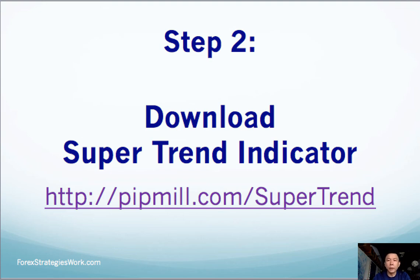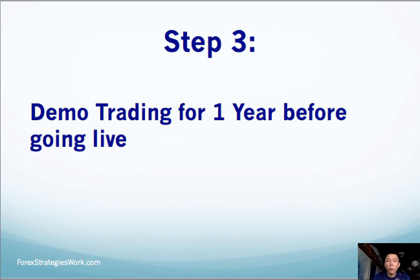Okay, so now let's go to step number 3. Once you have identified a strategy that you like, you can now go to demo trading, and I would suggest you take 1 year before going live. Why? It's very simple. Trading is a lifelong journey. I know we are all excited to make money, and we want to make money fast. We want to get out of the 9 to 5. But look,